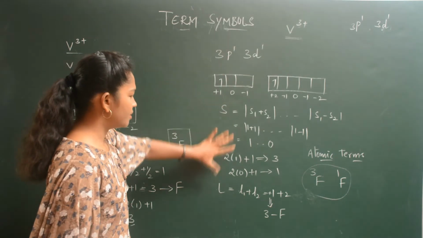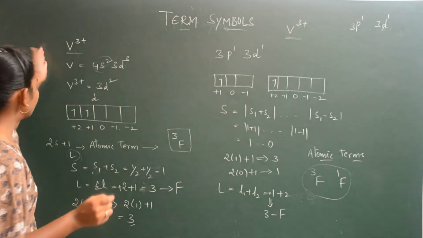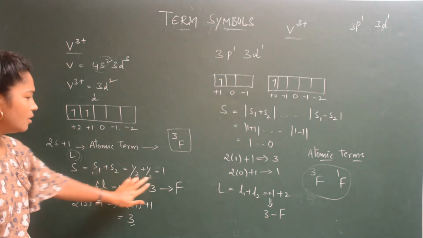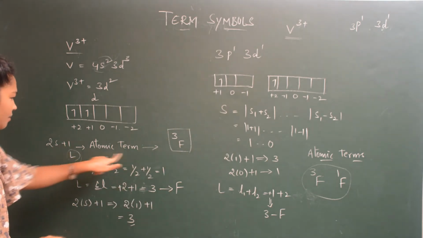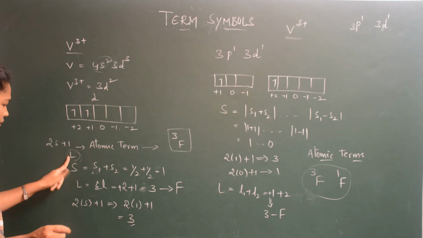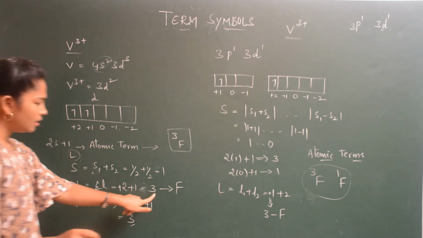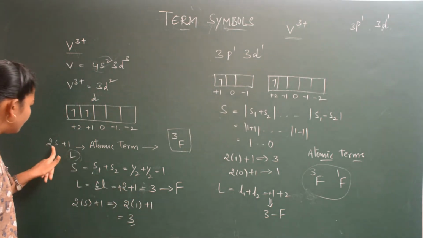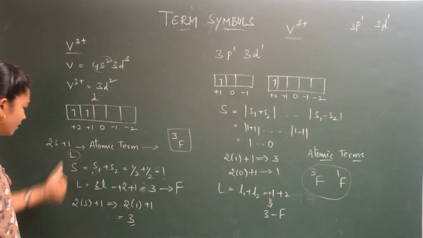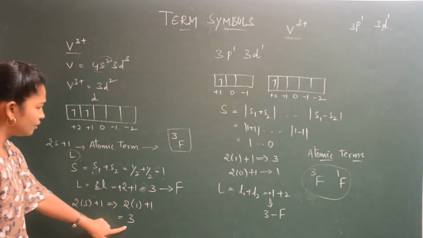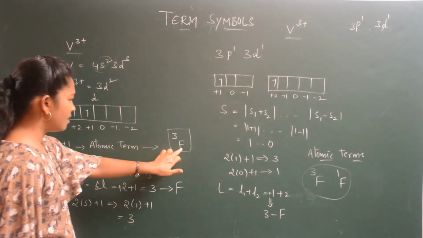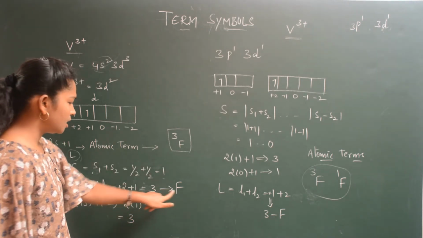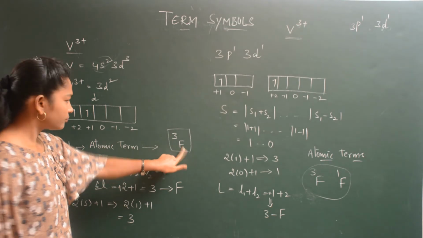So for these orbitals, just listen carefully. So you got it right. So vanadium plus 3, only 1 orbital you have. So just spin you have taken S1 plus S2. So as you know, the atomic term is 2S plus 1 L. So L will be the summation of L's. So 3. For L is equal to 3 you get term F. For S here you got 1. That means 2S plus 1 value is 3. Now atomic term is 2S plus 1 L. So 2S plus 1 value you got 3, and for L is equal to 3 you got F. So simple.